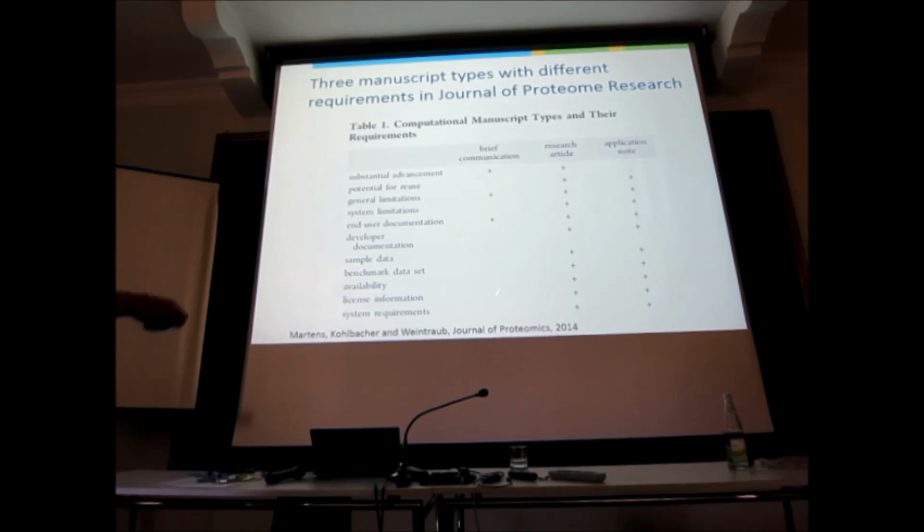And when you don't want to do all of that, we call it a brief communication. The idea is that when you, a proteomics person, read something like this in a proteomics journal and it says brief communication, you say, I don't bother. It could be cool, but I'm not going to go to the URL because this is not going to work for me. And that's the whole point. But when you see a research article or an application note, you say, I'm going to download this stuff and it's going to hopefully work for me. And the reviewers should check that.